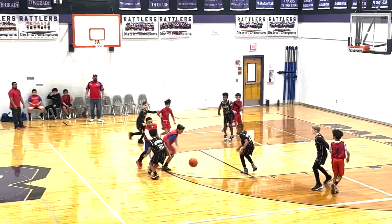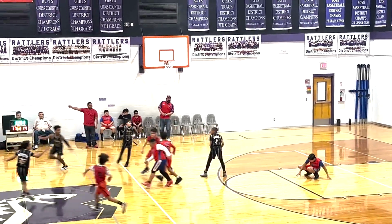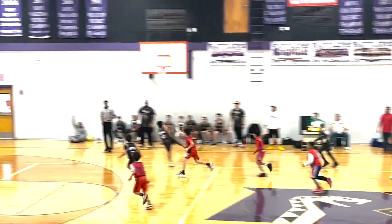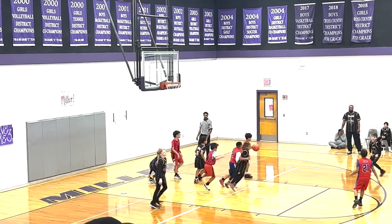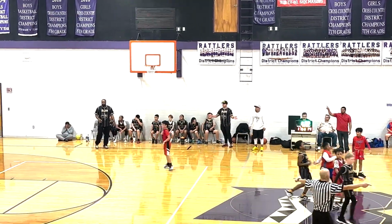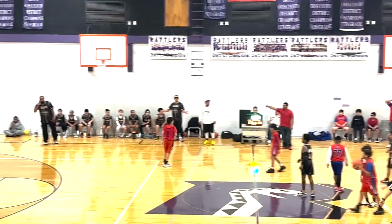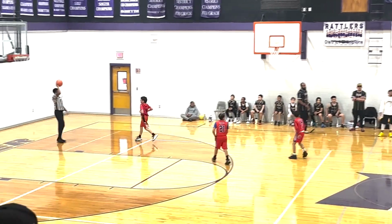3-point advantage still. John Michael nearly took that one off the leg, and he did there. JP did. Ball's rolling around. Long pass over to Drake. Controls it. Down the baseline. Finger roll. Hits the bottom of the backboard. And here we go the other way. No, I was going to say the whistle blew, and I'm not sure if it was a foul called on the shot. No, the referee points in the direction of the Badgers. So on the floor,